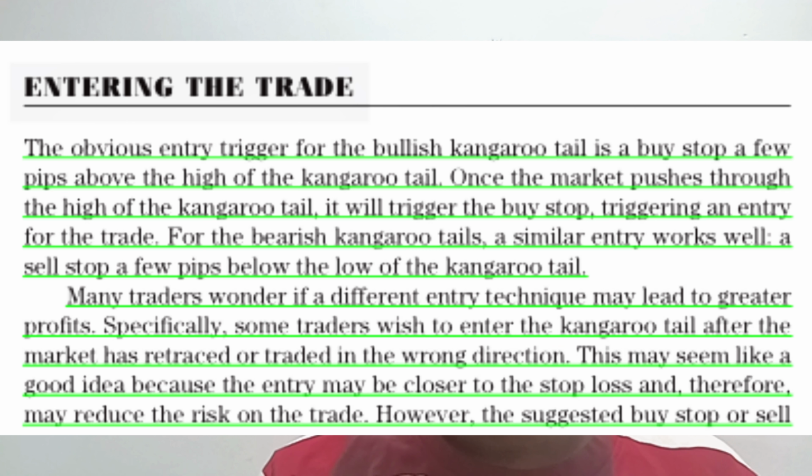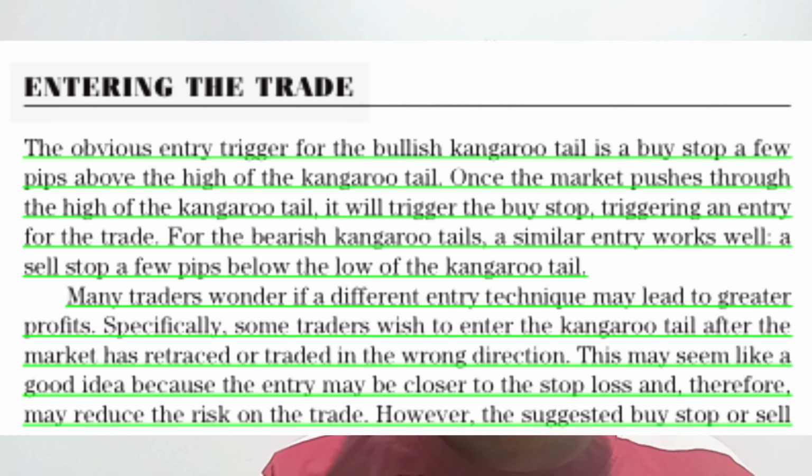Entering the trade. The obvious entry trigger for a bullish kangaroo tail is a buy stop a few pips above the high of the kangaroo tail. Once the market pushes through the high of the kangaroo tail, it will trigger the buy stop, triggering an entry for a trade. Or for bearish kangaroo tails,